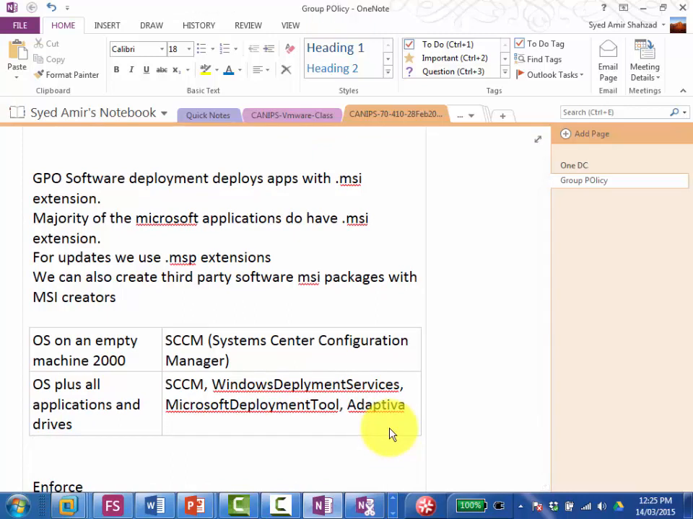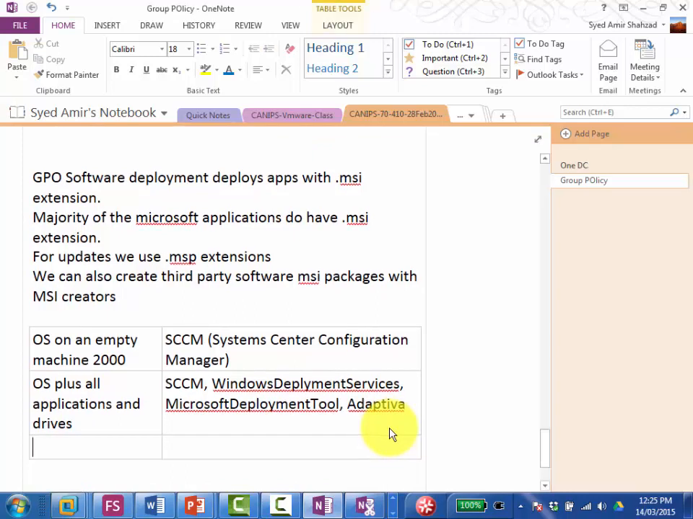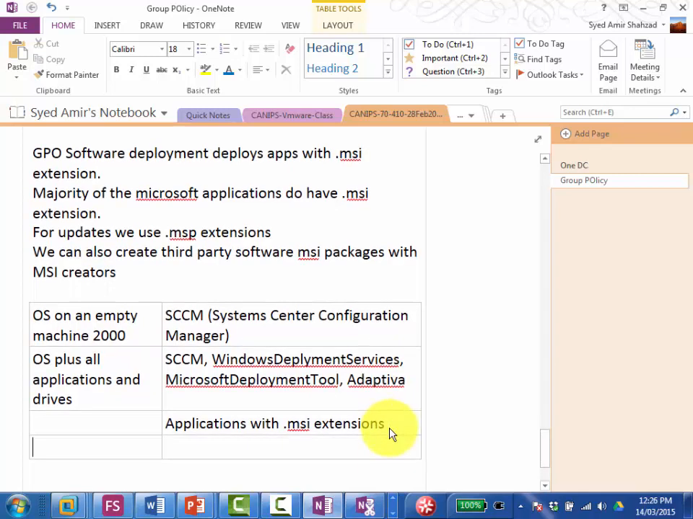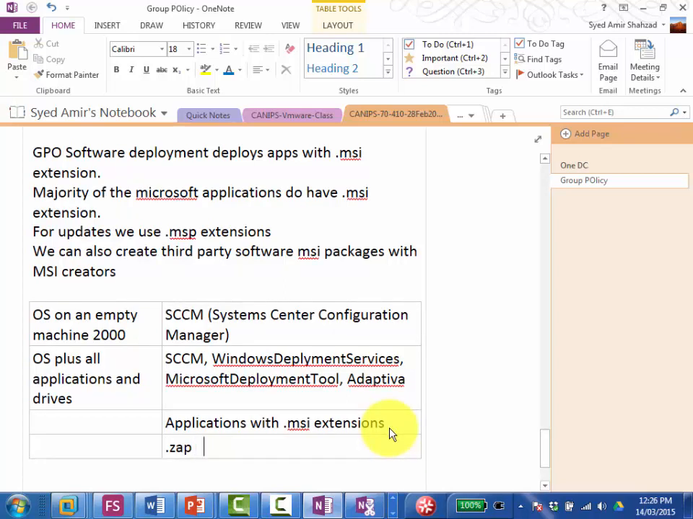But what about what we are doing? I did not mention GPO in any of these. So now we come to applications with .msi extensions. Whoever has those, or if we want to have, there's a .zap extension as well. .zap extension as well. This is for